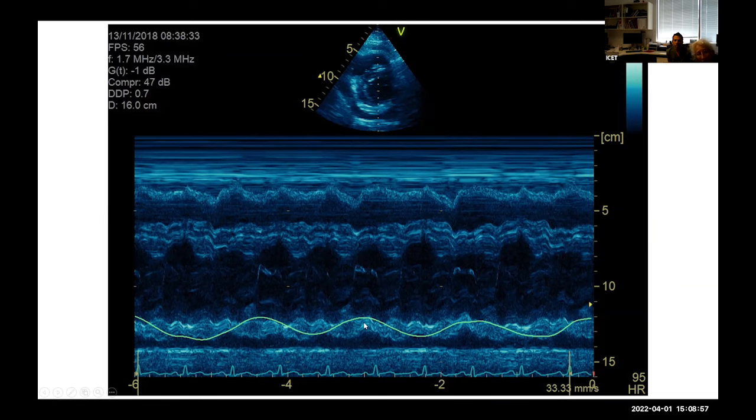It seems to be more related to respiration rather than the cardiac cycle, and it seems to be at the peak of inspiration. Because that's what we'd expect. No, it's the reverse. But what you can say is there does seem to be respiratory variability, even if it's not obeying the textbook. When you take a big breath in, you're